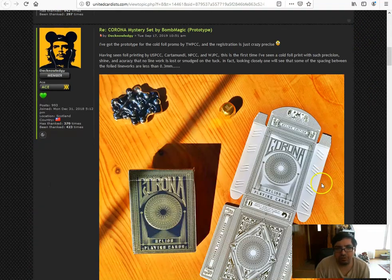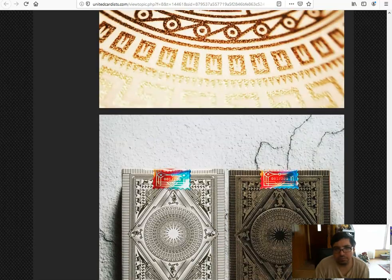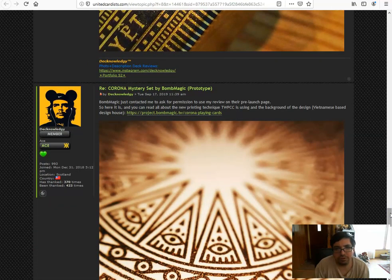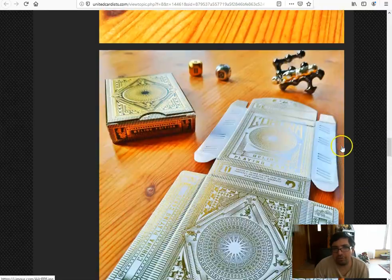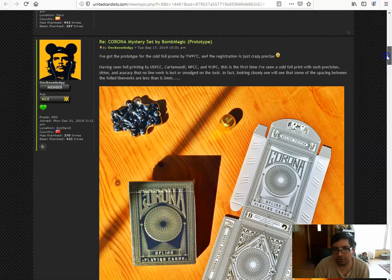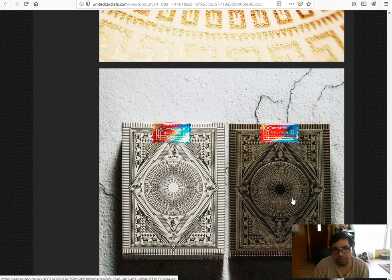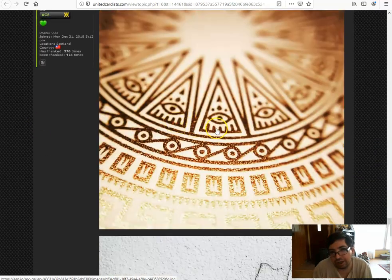I also want to quickly look at this. So I'm just looking at this. This is pretty interesting. Lots of pictures of skies. Of course, I have this deck. I got this deck as well that I need to review. Not sure where he got this picture with 200 numbered seals. Where he got that image, but